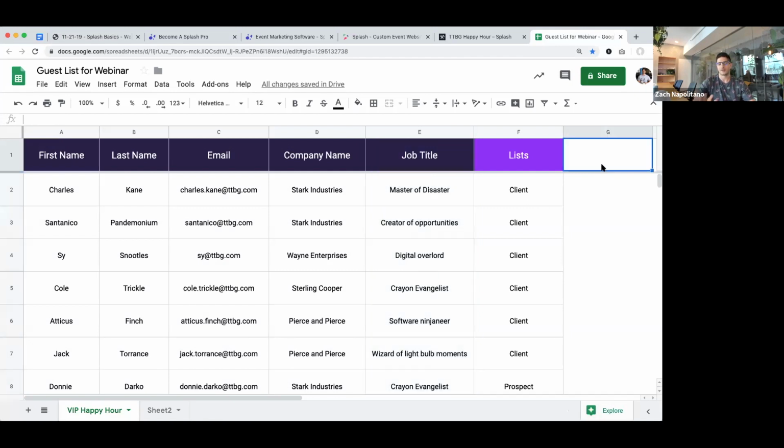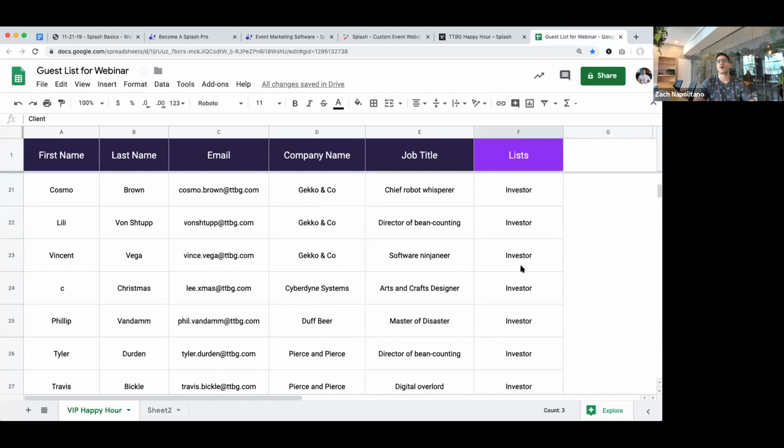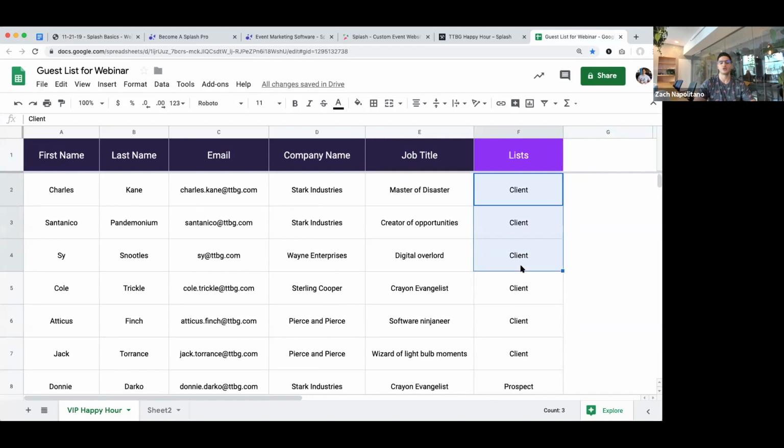My trick for you, my power move, again, add a list column. I add this to every spreadsheet I upload, and you name what guest list segment everybody belongs to, right? Why do I do this? Well, it activates 2 really amazing features for me. It's going to, 1, make it really easy to report on these segments as the RSVPs and check-ins start rolling in.